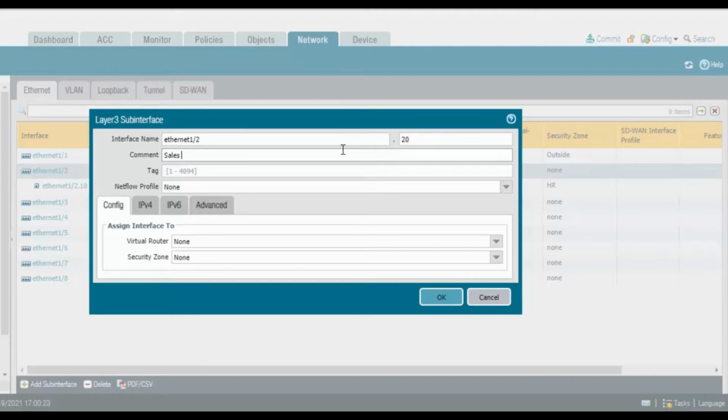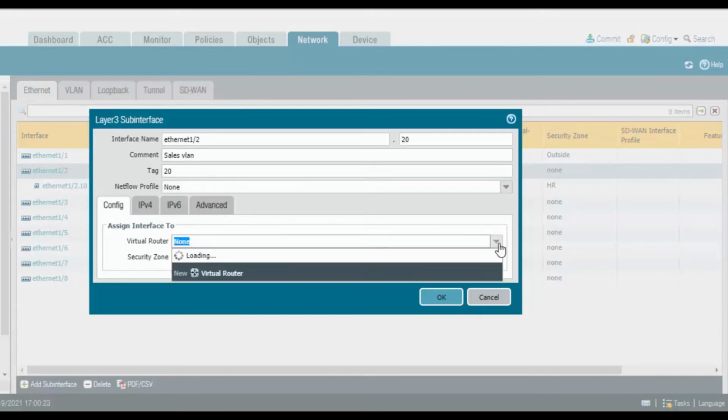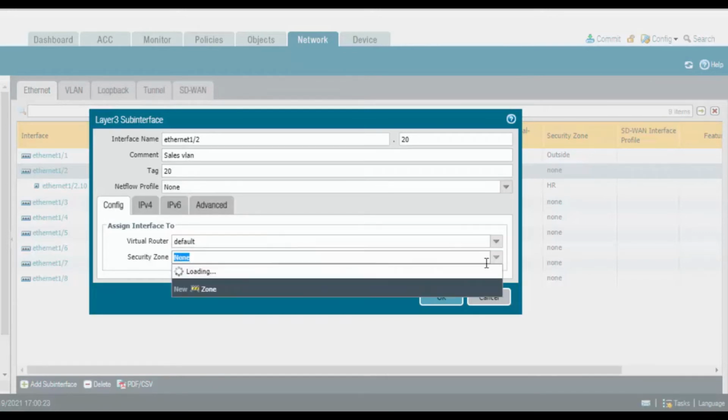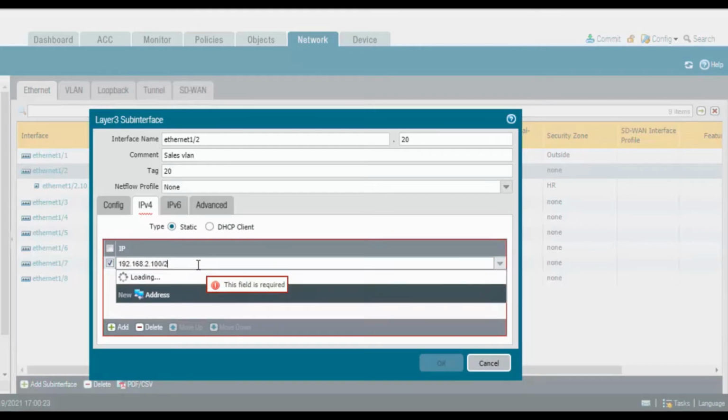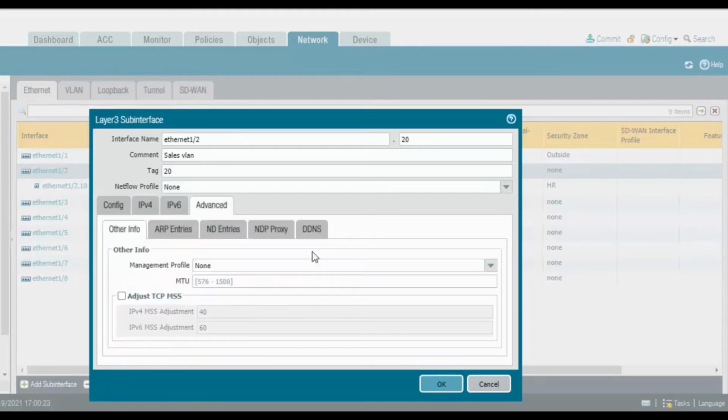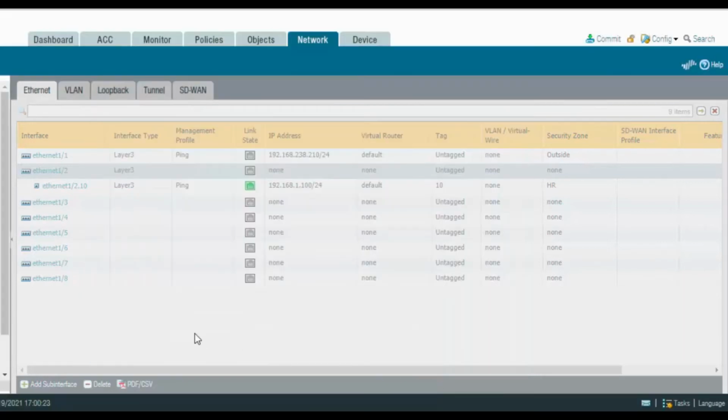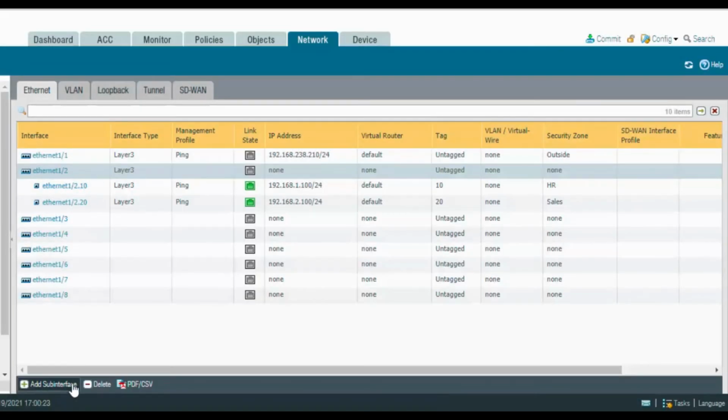sales VLAN, and tag should be 20. Virtual router as default, security zone as sales, IPv4 as 192.168.2.100 with the /24. Go to the advanced, select the ping profile, click on OK, and create one more sub